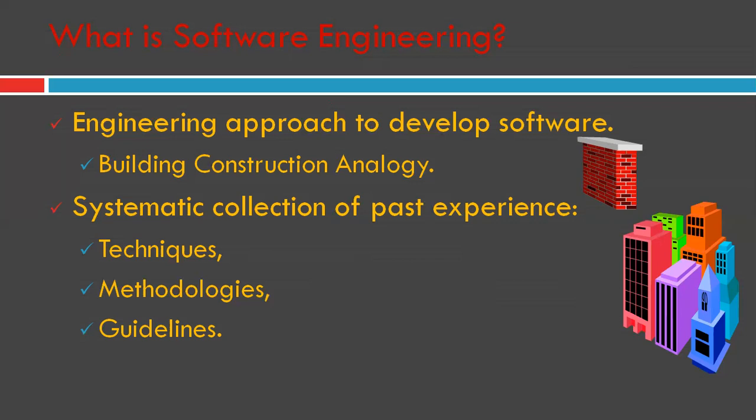The construction might get unduly delayed since we may not prepare proper estimates and detailed plans regarding the type and quantity of the raw materials that are required, the time at which these are required, etc. So in short, to be successful in constructing a building of large magnitude, one needs a good understanding of various civil and architectural engineering techniques such as analysis, estimation, prototyping, planning, designing, and testing.